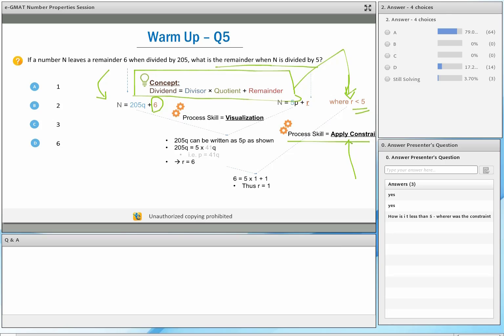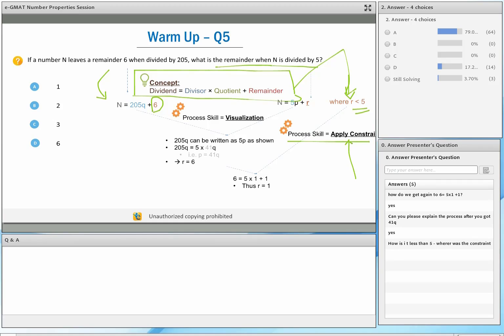The constraint is not specified to you in the question statement, and that brings us to another point. There are two types of constraints. One that is present in the question statement. For example, let's say the question said that n is an integer, or n is a positive integer, n is a non-negative integer, whatever the case may be, right? So again, those are constraints that are specified in the question statement. Then there are these conceptual constraints which come about based on your understanding of the concepts, which again go to the fact that you need to have that 100% understanding of the concepts.